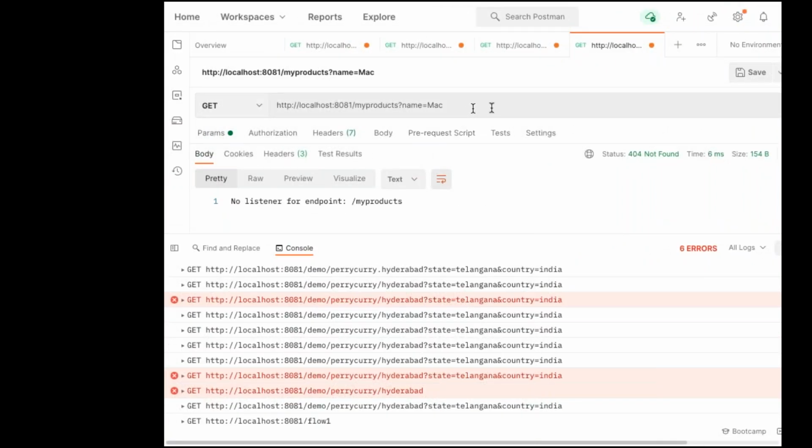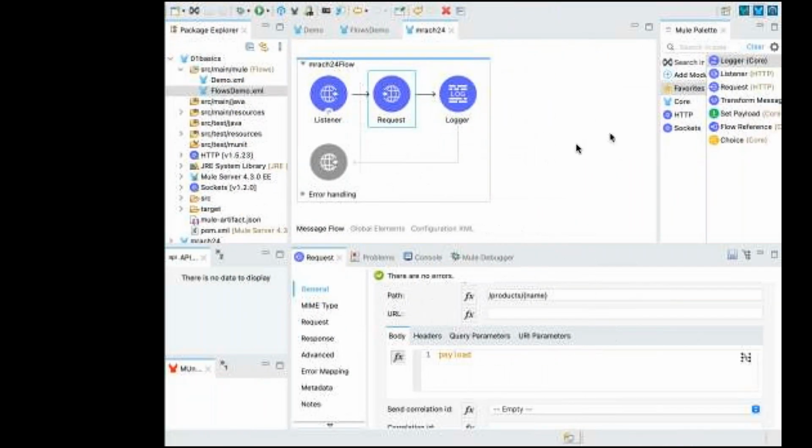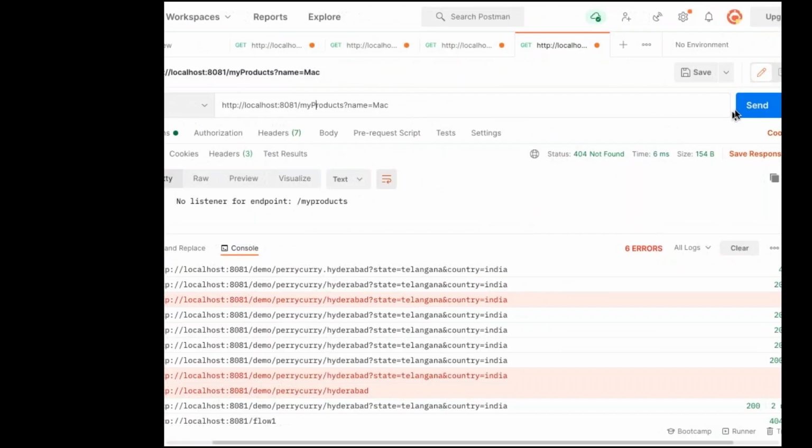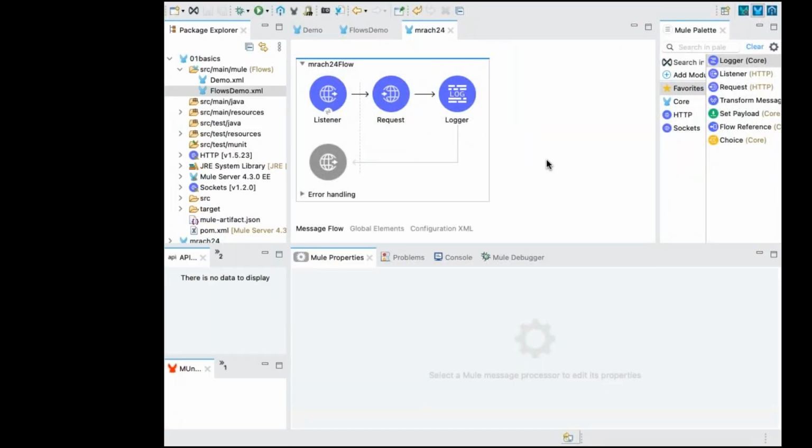So there is no listener endpoint for slash my products. Okay, go back to the listener. I think I gave it as not capital, specifying slash. Is it saved? I don't think so. It is saved in your application. Again, send a request. First, go back to the listener. Let me cross-check that.